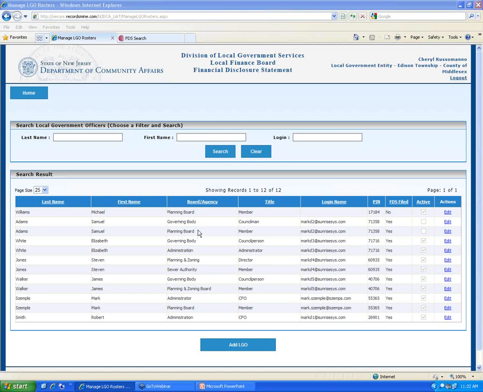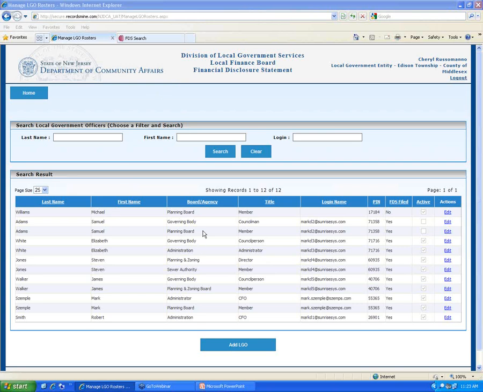Next question. I am a deputy township clerk, and last year I entered the FDS from the paper ones onto the computer. I'm a little confused. Do I enter them, or do the LGOs enter their own, and I am responsible for just creating the roster? You are just responsible for creating the roster. Once you create the roster, you will give that first name, last name, and PIN number to the LGO, and then they're responsible for filing their FDSs. It's not your responsibility to file their FDS. You're just creating and maintaining the roster. That's it.